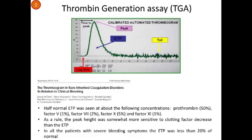Who is familiar with thrombin generation knows more or less the parameters that should be considered are the lag time, time to peak, and ETP, endogenous thrombin potential. And a few studies have been done in this field. I'm reporting our experience from more than 10 years ago, when we got international rare bleeding disorder plasmas from a large number of patients and tried to see how the endogenous thrombin potential was. And we have seen that for having the half normal ETP here,